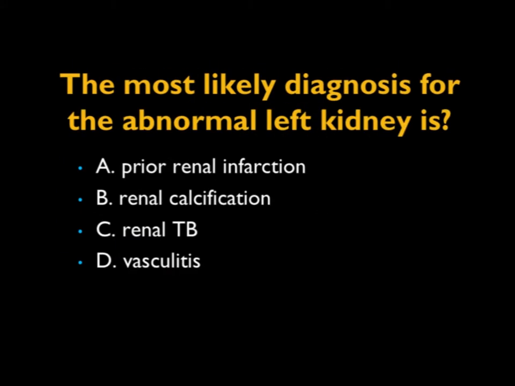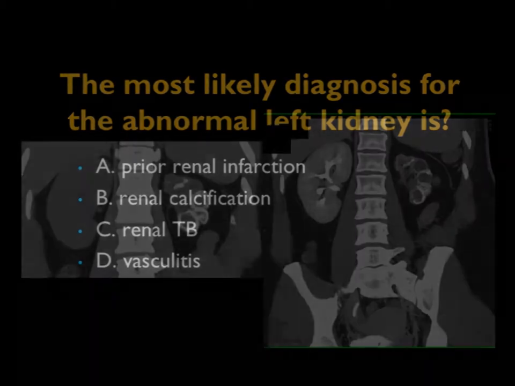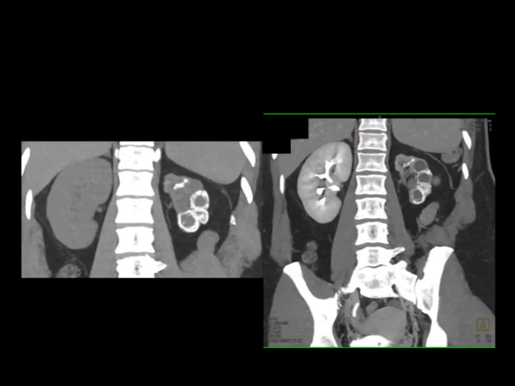The most likely diagnosis for the abnormal left kidney is, well, you look at the non-contrast and the contrast. There is some function in the kidney, but you see a small atrophic kidney with really strange-looking calcifications. The calcifications, in some sense, are almost around different portions of the kidney and the cortex and medulla. It's not your typical calcifications you see with stone disease or with tumors or with cysts that calcify. It's a totally different appearance, and the kidney's small and atrophic, and the calcifications are also seen in the upper